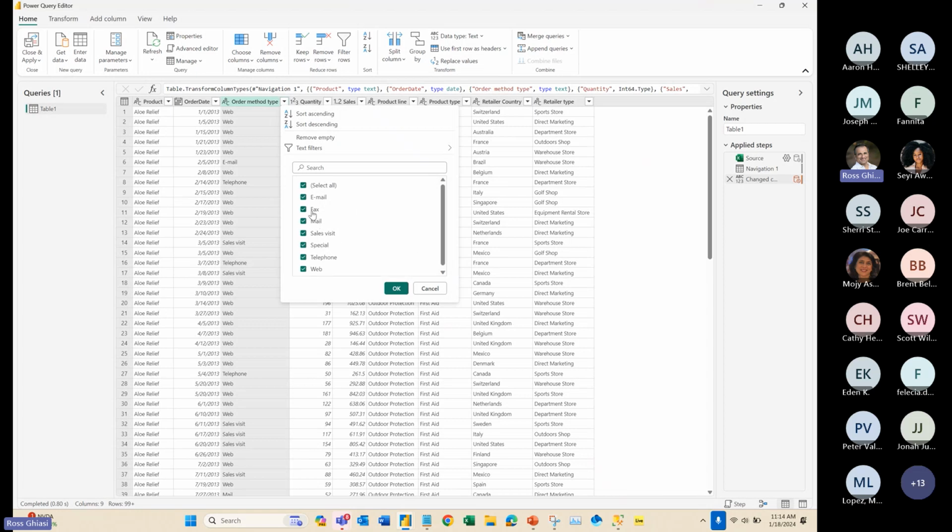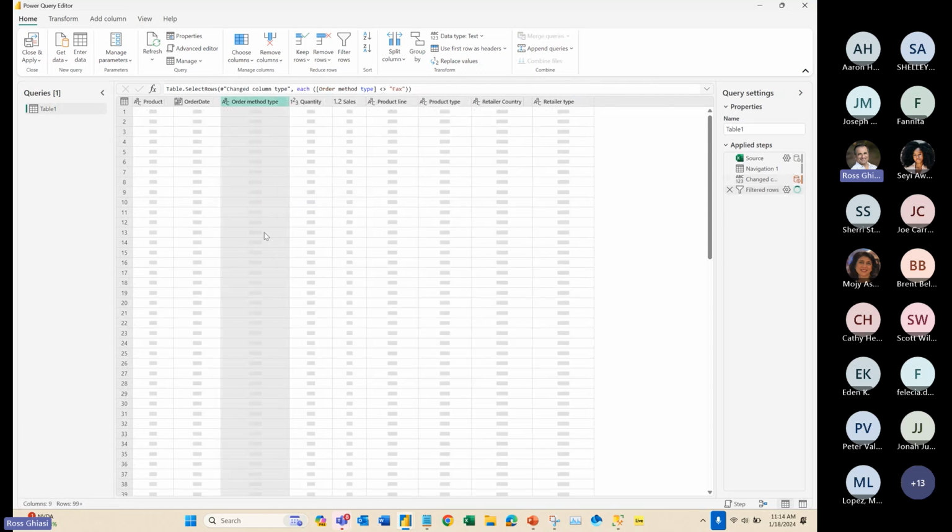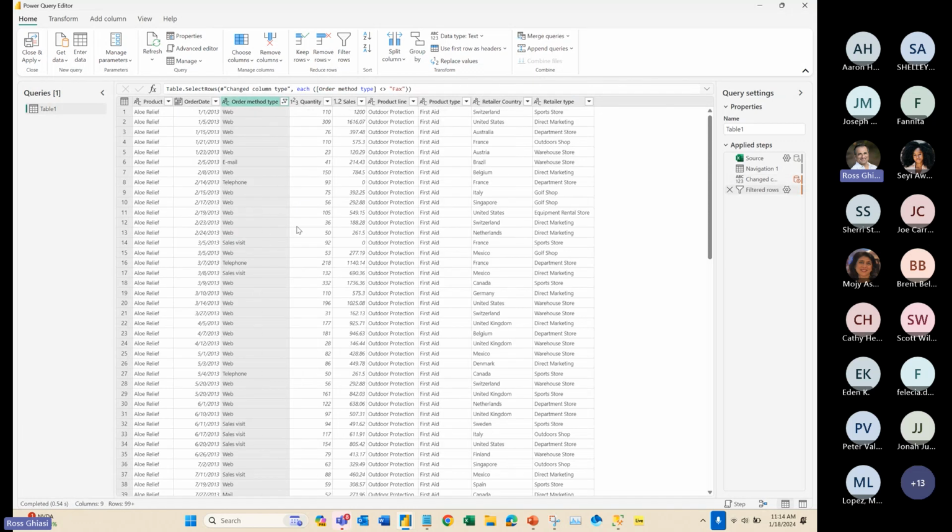So maybe that's something that I'm not interested in, or my business requirements, my end users who want to see the report, they told me, you know what, Ross, once you get a data set, take out all the order types that are facts. Okay. And you notice it's almost like an Excel filter function, right? So there you go. I filtered out everything that came through facts, the orders,